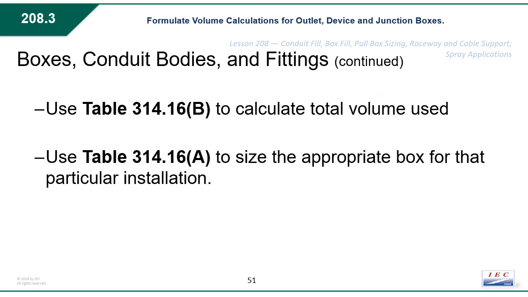To do that, I use table 314.16b to get my wire size cubic volume, whether it be 14 gauge, 12 gauge, 10 gauge, 8 gauge, etc. I use table 314.16b to determine if I've got 10 gauge wire and I only have 3 of them, I take 3 times the volume of a 10 gauge wire, which would be 2.5 inches cubed. 3 times 2.5 inches cubed would be